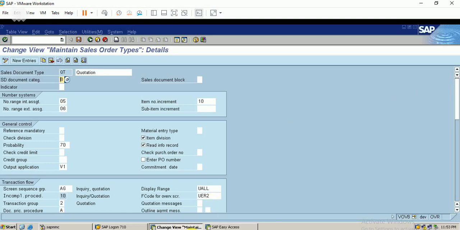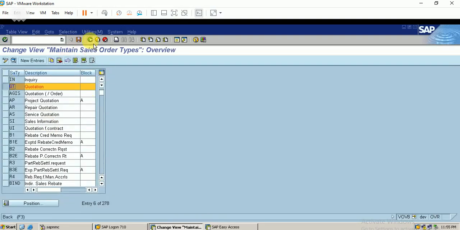The quotation is nothing but the document that displays the price of the product, the validity period, and also contains the shipment conditions. So the quotation is the reply to the inquiry made by the customer. These inquiry and quotation are collectively called pre-sales activity. We can use this document type in our configuration. Just move back.